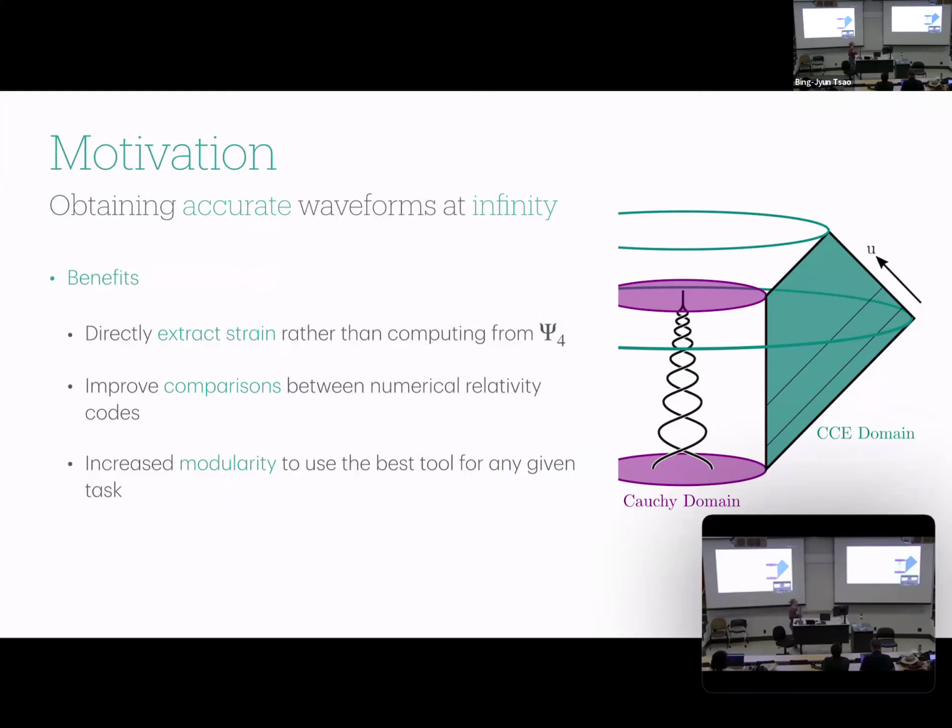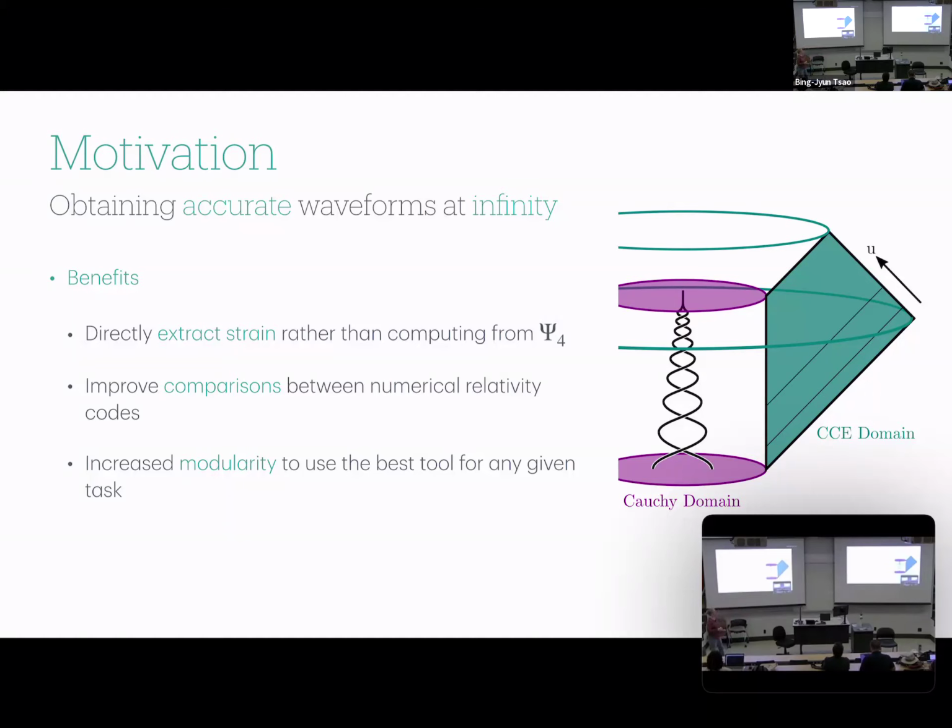All right, so now what are some of the benefits? Well, one of the benefits that isn't necessarily specifically a benefit of CCE itself, but rather a benefit of using SpECTRE CCE, is that it also dumps the strain directly instead of dumping psi4 and then us taking the second time integral, though in practice we usually do a fixed frequency integration thing instead of actually doing the time integrals. But essentially, we're able to get strain directly instead of psi4, which is quite helpful.